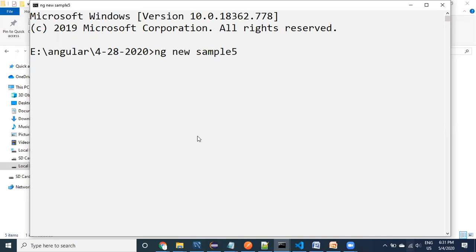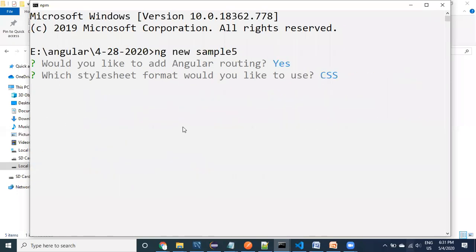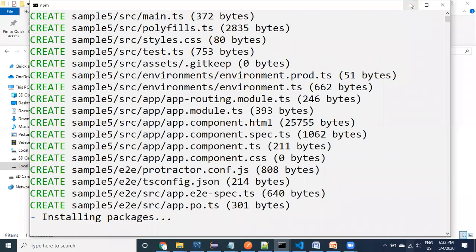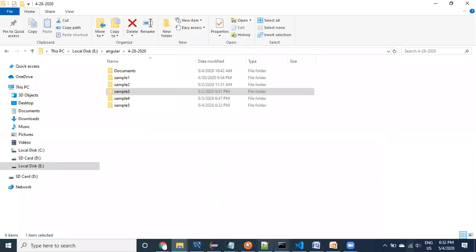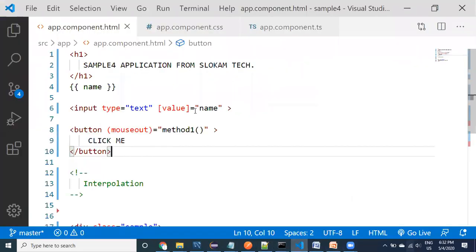That's why, so now only I just initiated creating this kind of new project. Okay, let us come back to our project. Meanwhile, it is going to be created. It asks us whether to create router, and then what kind of CSS we are going to use, right? We have to select those things. So enter, and then it is going to take some time to create. Okay, let it be, no problem. How much time it requires, let it take, and then we come back to our code.